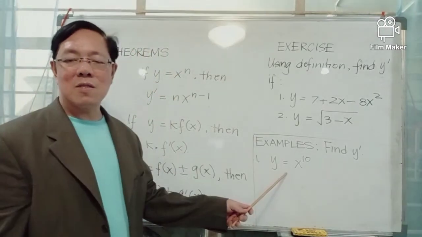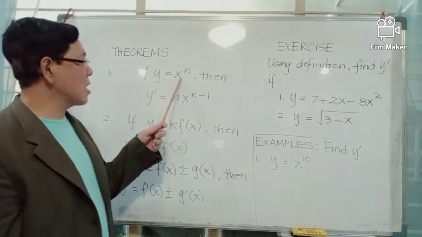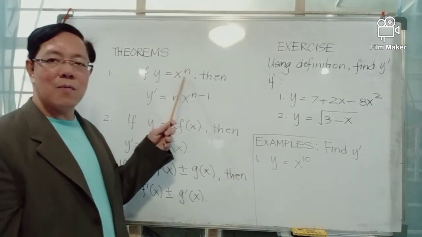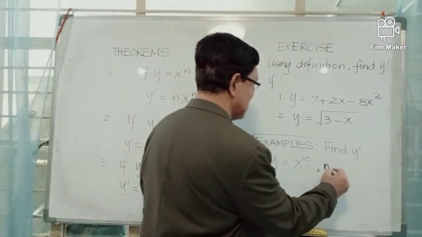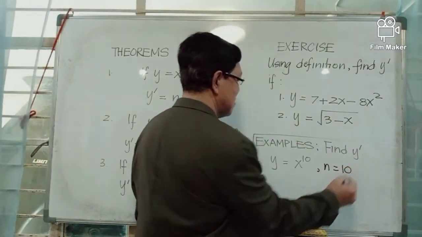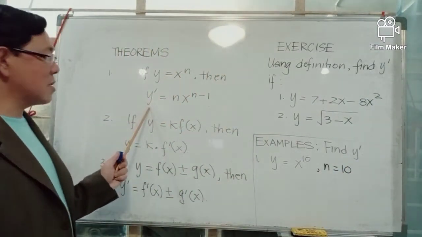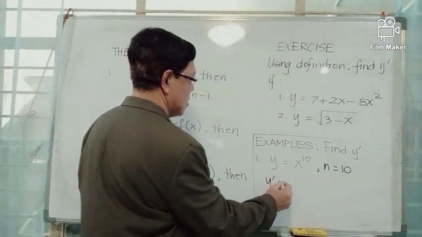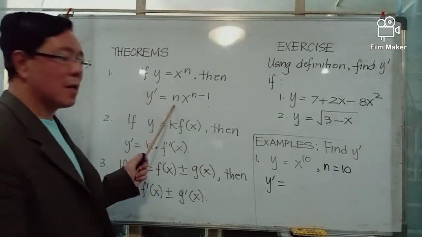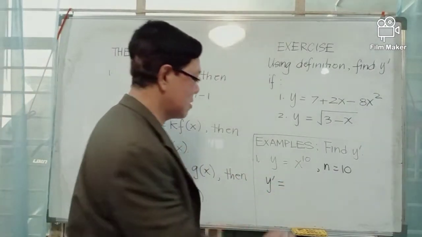If you compare this with the first theorem on differentiation, the exponent n of x is 10. N is 10. And applying the first theorem on differentiation, the derivative y prime is equal to n, where n is 10, the exponent of x,